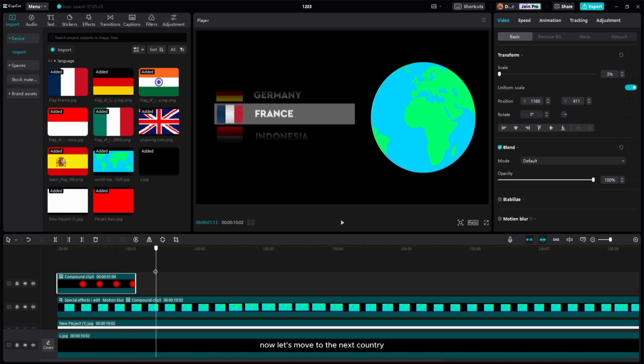Now let's move to the next country, and now you just have to duplicate the red point and reposition it to the next country.